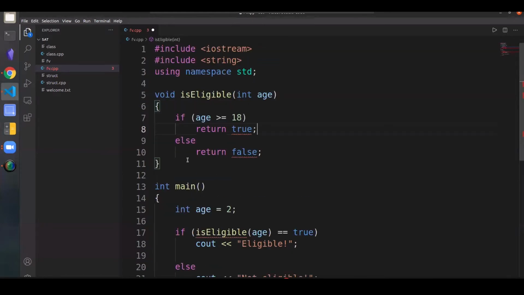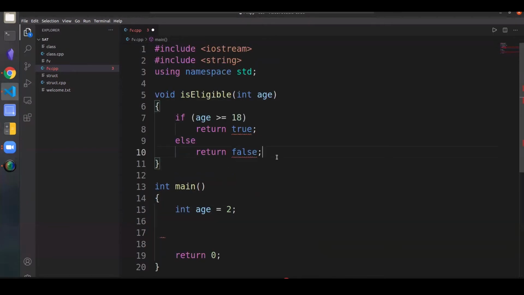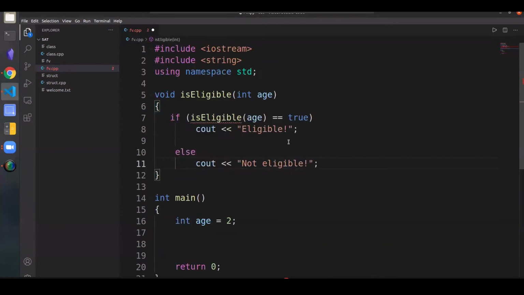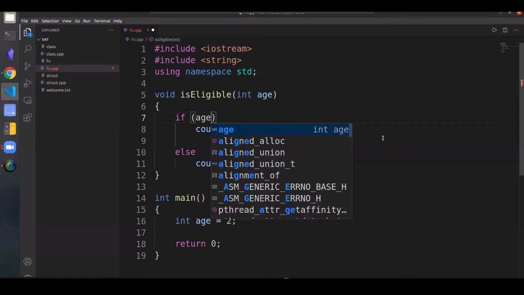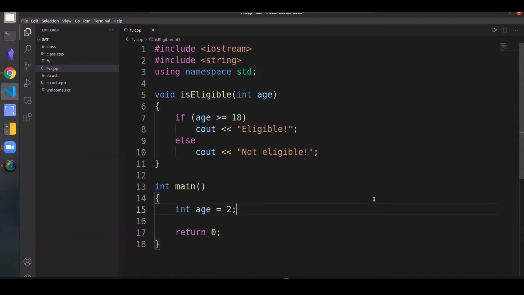So instead of actually returning something, what I could do is simply take all of this and paste it here. And here I can write if age is greater than or equal to 18, sorry. So I can simply print whatever I wanted to check instead of returning a value.